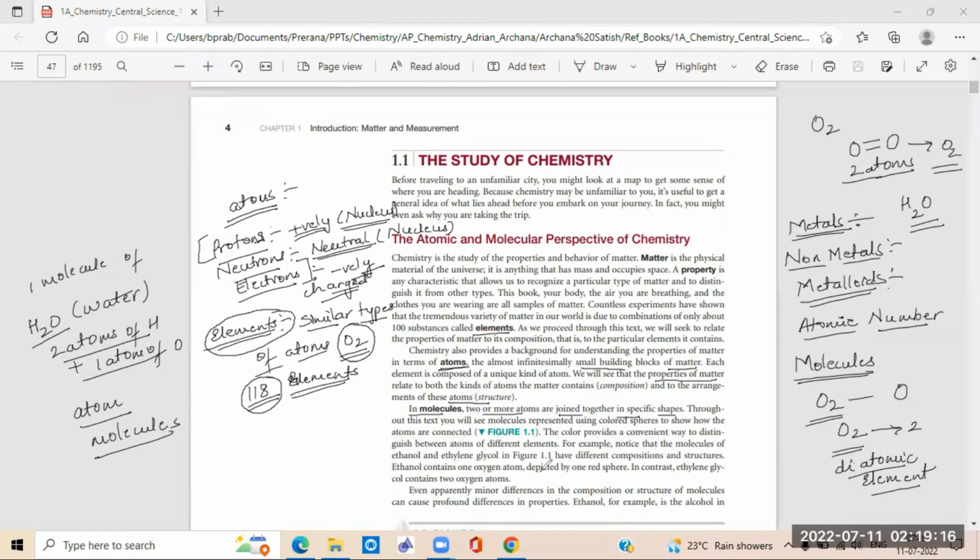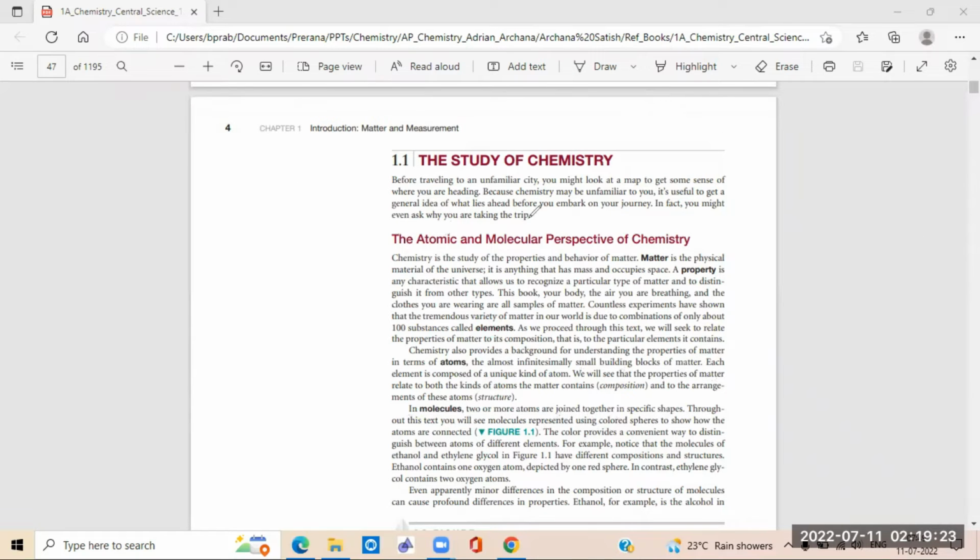Now, we can see the figures here, which give us the molecules of different compounds. I'll just show you the figures of different compounds. Here in the figure, they have given us